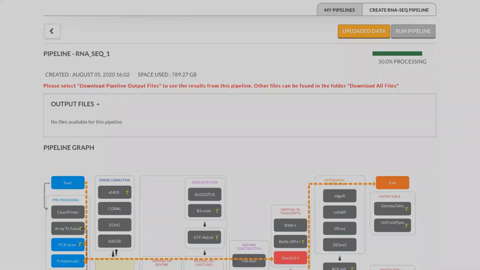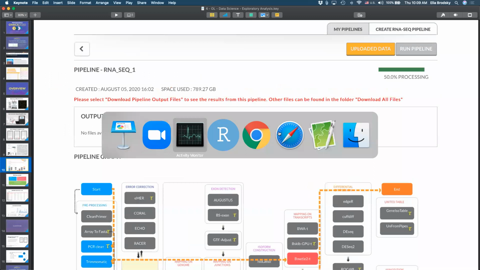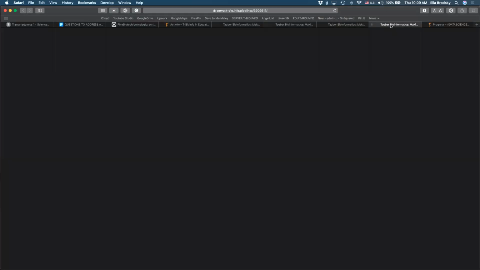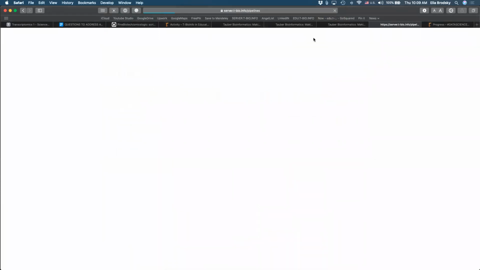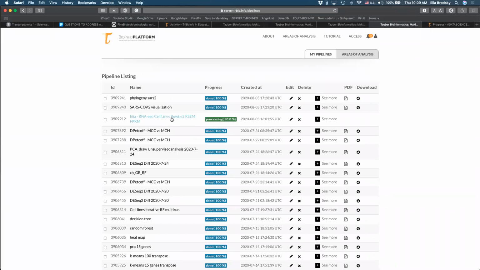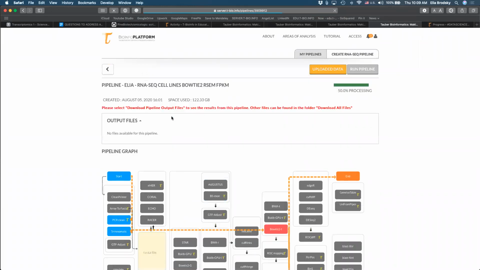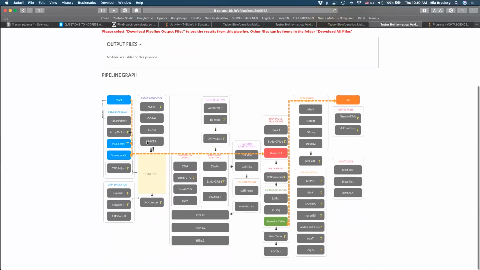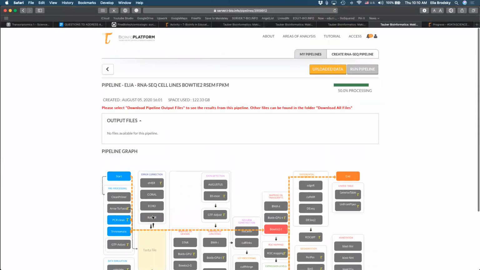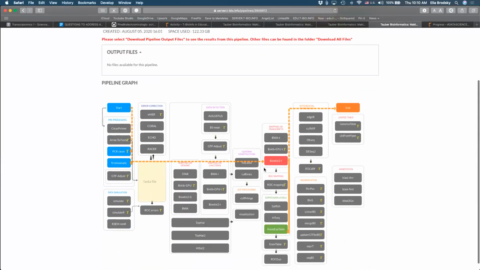The way to check it, by the way, is if you go back to your profile, under my pipelines, and there you should see, okay, great. So a lot of you have already 66. Now you could have used a number of different combinations. And please, for the rest of you, also let me know how much you have left. But basically the pipeline calculation is how many jobs in total, and then you divide the number that has completed by the total, and that's how you get the percentage.